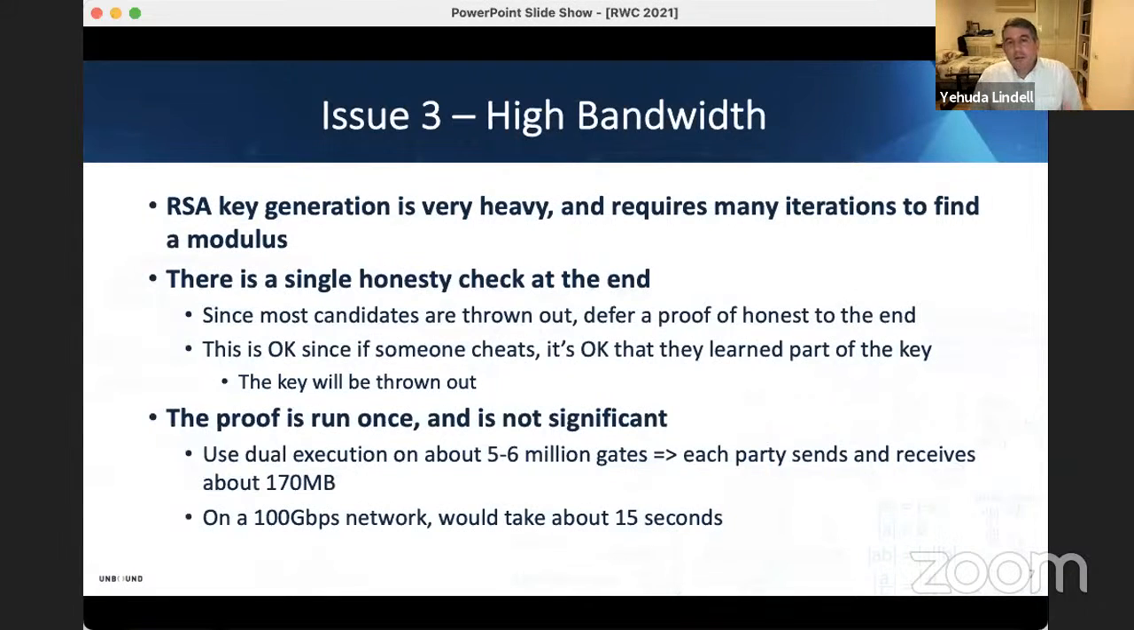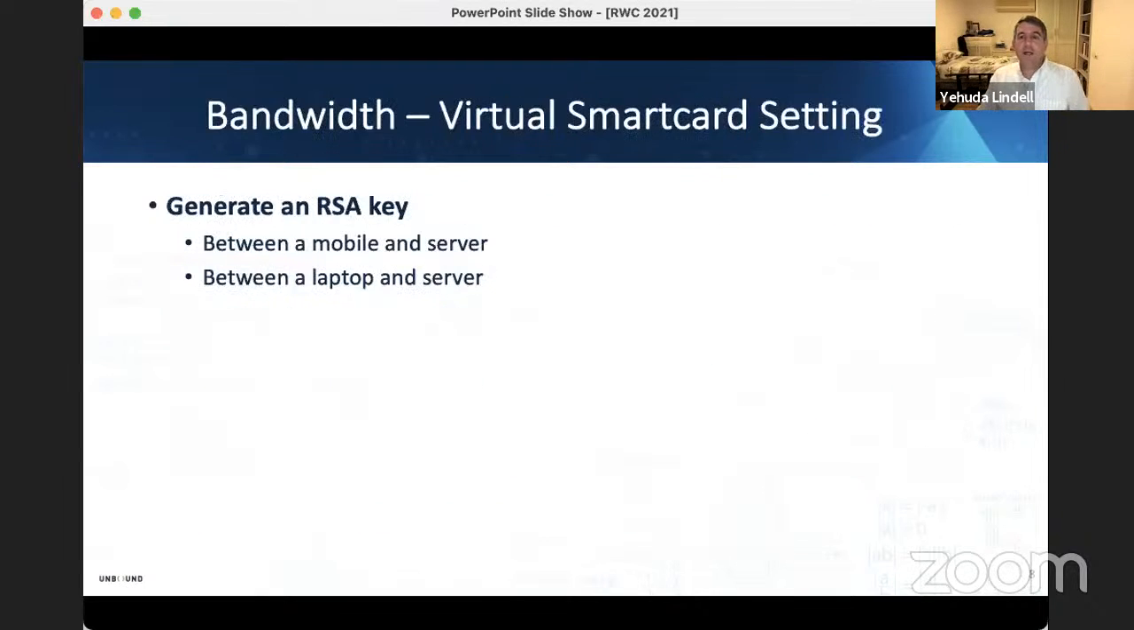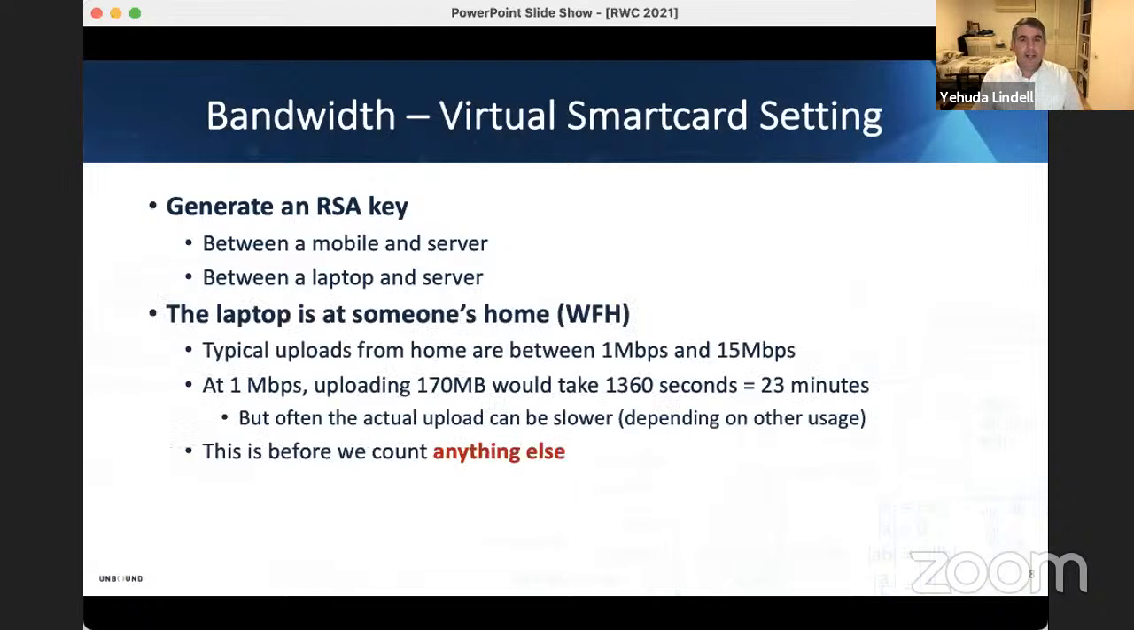And it turns out, though, that it requires uploading and downloading 170 megabytes per party. On a 100 gigabit per second network, that would take about 15 seconds, which is time, but it's okay. The problem is that we have a solution which is a virtual smart card setting. I want to generate an RSA key between a laptop and a server, for example. And the laptop could be at someone's home, or it could be in a work office. And typical uploads can be between 1 megabit and 15 megabits per second. And that proof alone, just uploading the information, nothing else we do, would take 23 minutes in that setting,